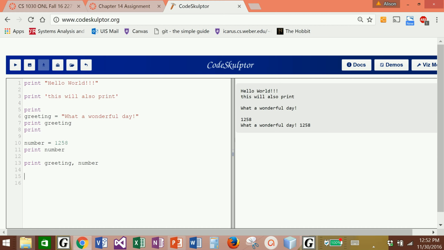All right, so we found out that we can create variables and we can print variables. We can print string literals. I'm going to create another variable and we'll call it greeting2. And I'm going to set it to something like I am a